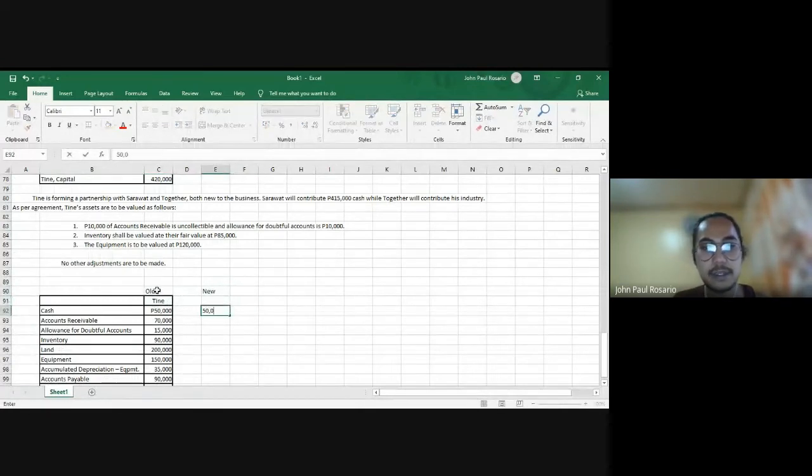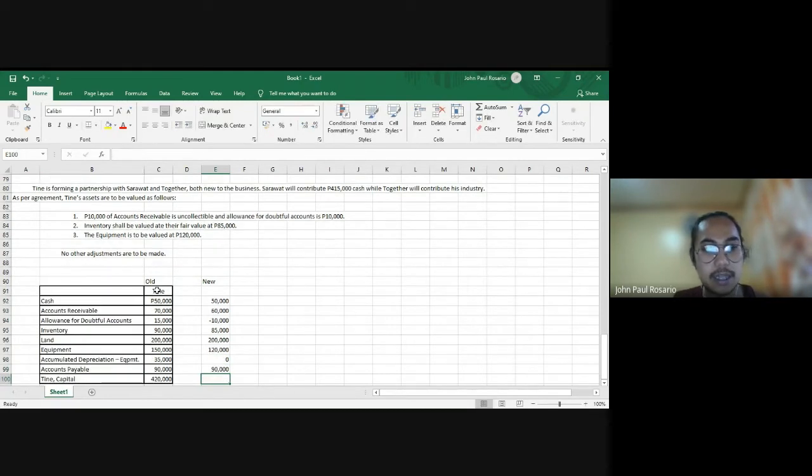So cash still at 50,000. Accounts receivable is at what? Again, let's make it negative for later. Accounts receivable is uncollectible, so that means 60,000. And allowance is 10,000, so negative 10,000. Inventory 85,000. Equipment is 120,000. Land would still be valid at 200,000. And then again, accumulated depreciation should be zero. Accounts payable is at 90,000. And then now Tyne's capital would be